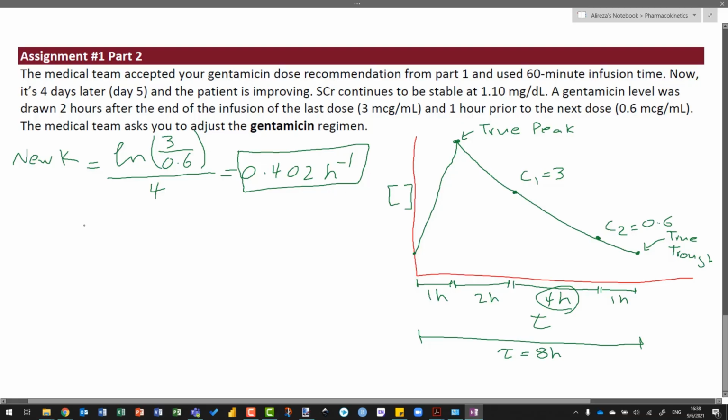Now, the other thing we can do for individualized pharmacokinetics is we can calculate the volume of distribution. Before we do that, we actually need to figure out what this true peak and this true trough are, to be more accurate for the volume of distribution. So we would say that the true trough, actually let's do the peak first. So the true peak equals,